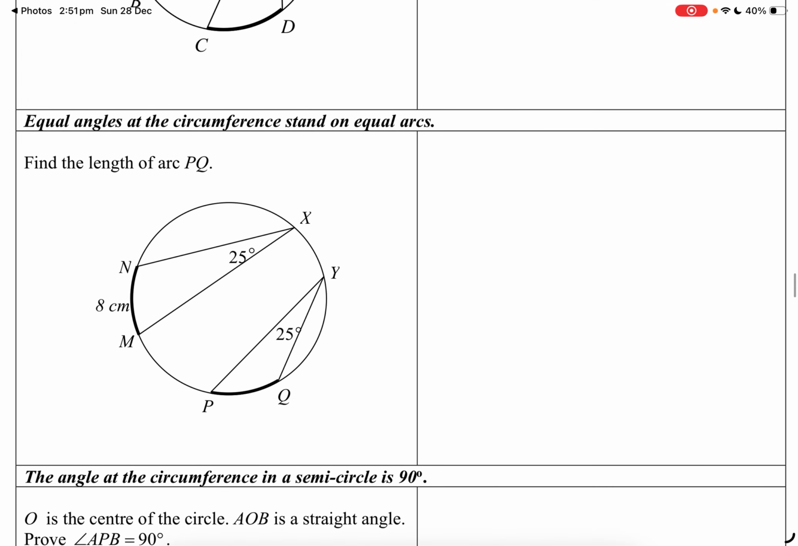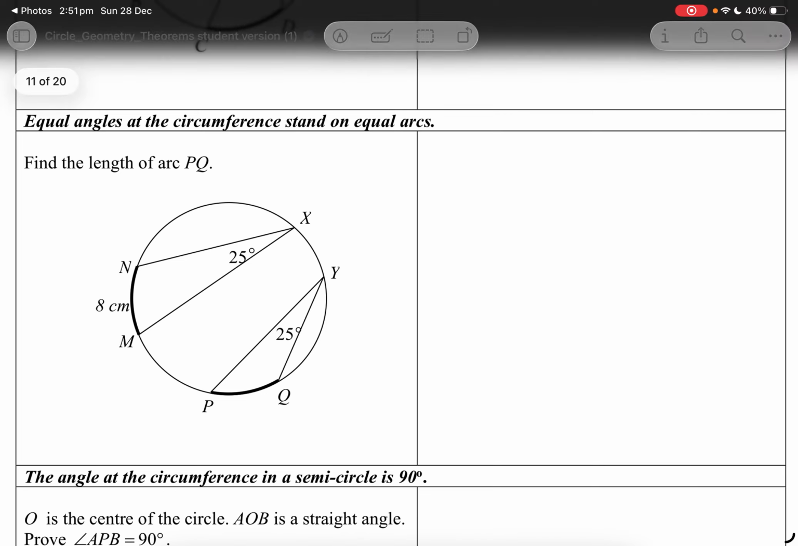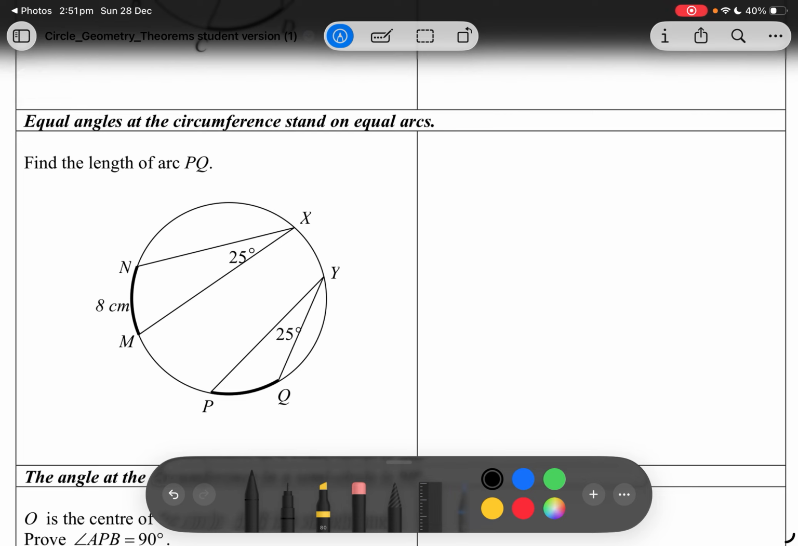Now, we also know that equal angles at the circumference stand on equal arcs. So, given that both of these angles equal 25 degrees, we can say that our arc PQ equals 8 centimeters. And our reason is equal angles at the circumference subtend